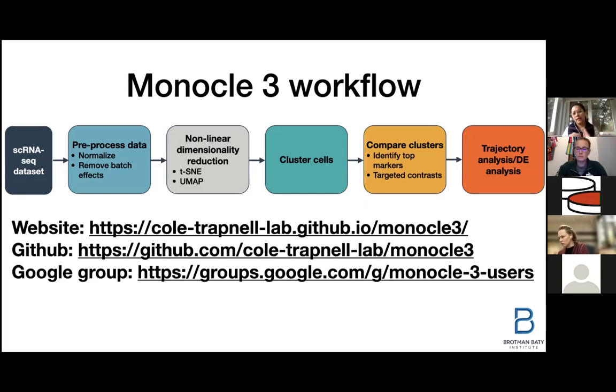And then the things that you can do after clustering the cells branch out in different paths. So one of the things that you can do is compare the different clusters and identify top markers, or top marker genes, among the clusters. So today we are going to do that. We're going to see how many clusters we see and what are the topmost expressed genes in each cluster, and see if those genes can tell us something about what the cell type is, what the pathways are, and